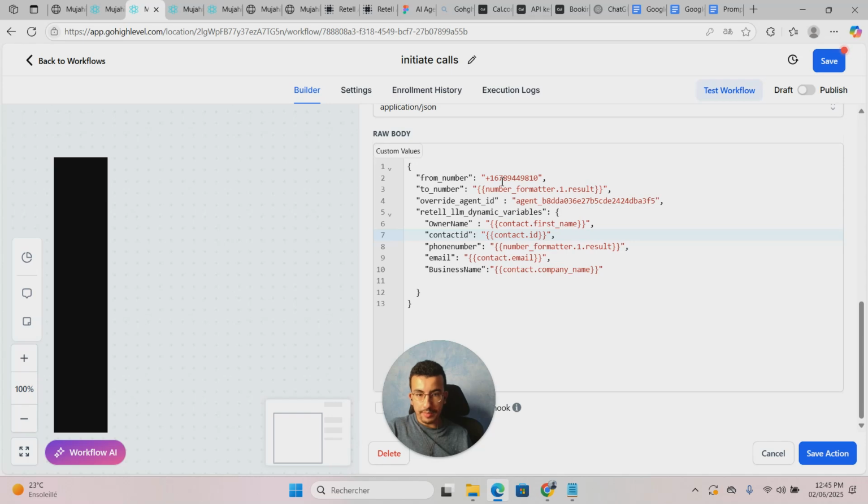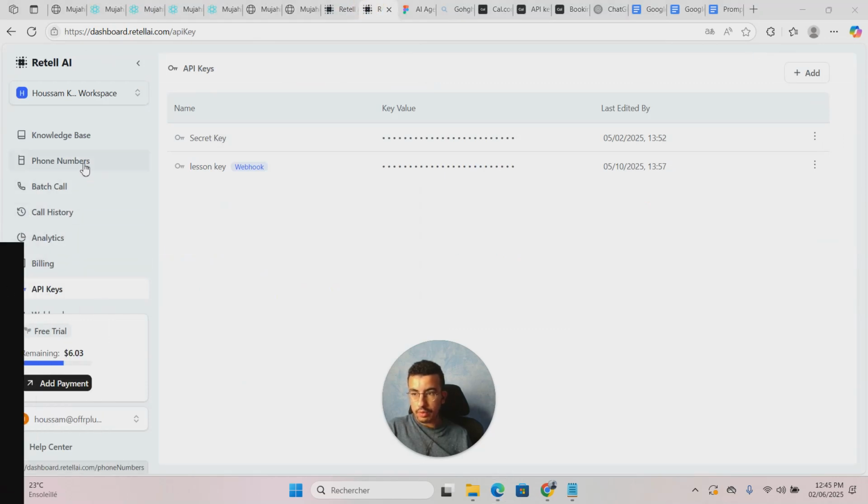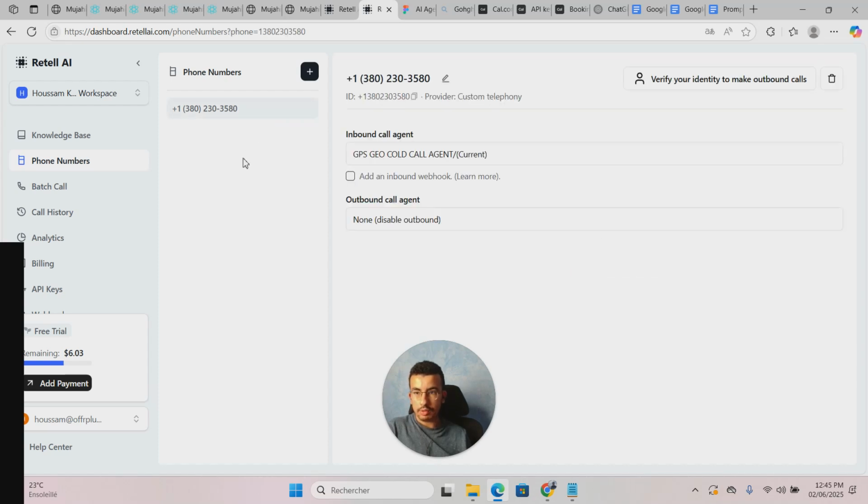Okay, from number, you should go to RETELL AI to the phone number that you have. I will not cover in this video how to import a phone number inside RETELL AI. I will cover this in the next videos if you want it. So if you want to know how, just leave a comment, and in the next videos I will create a specific video of how to import a phone number from Twilio to our RETELL AI account. For now I already have a phone number, so I will just copy it